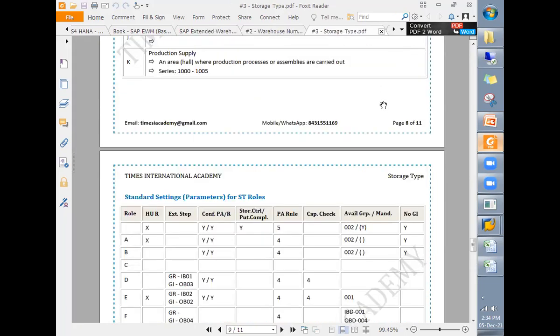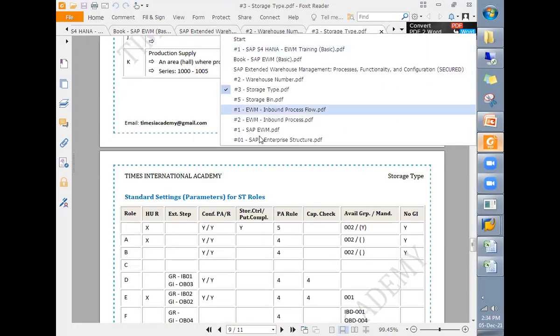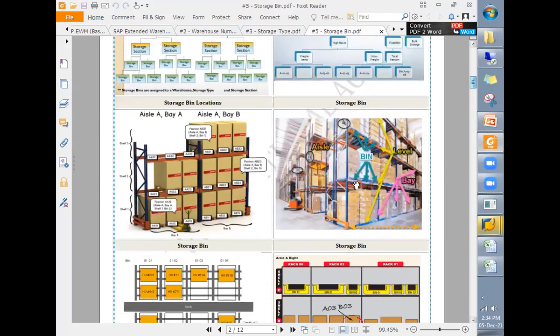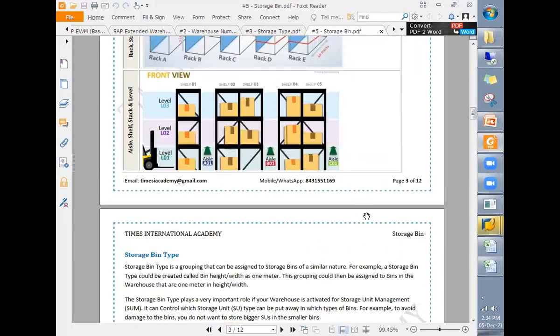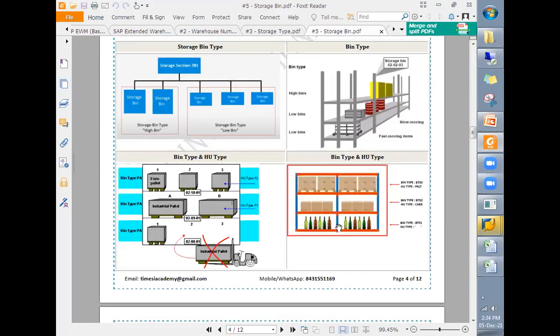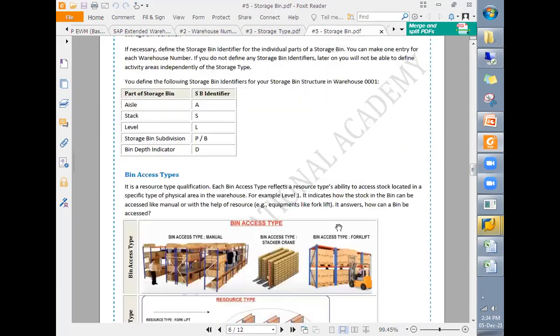For example, let me show you what a storage bin is, how the storage bin is created manually and automatically, and the different elements related to it.